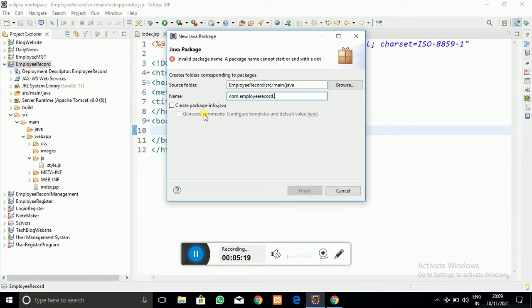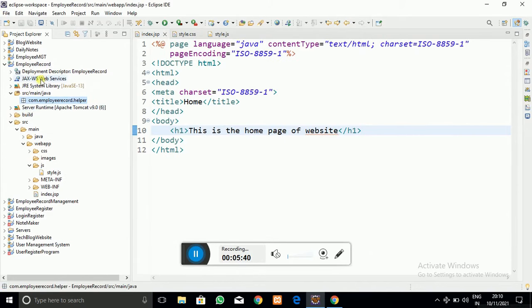Into that package I am going to create a method which returns the connection object, which communicates to the database, and returns the connection object to us whenever we require. You will come to know that in my further videos, so let's stay tuned with me. I will be explaining all that stuff. I am going to create the package called the helper package.